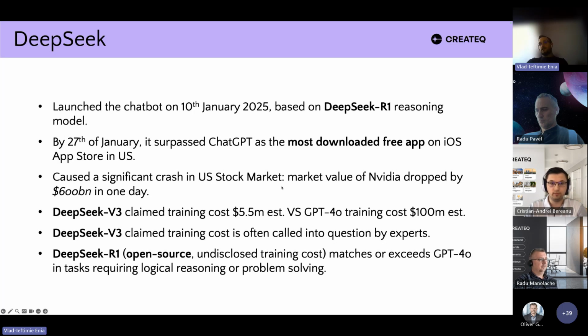DeepSeek V3, which is the chat model from DeepSeek, they claim it only cost $5.5 million to train in 55 days or something like that, compared to GPT-4o, which has similar performance and cost more than 100 million. Now, this is just a claimed value.